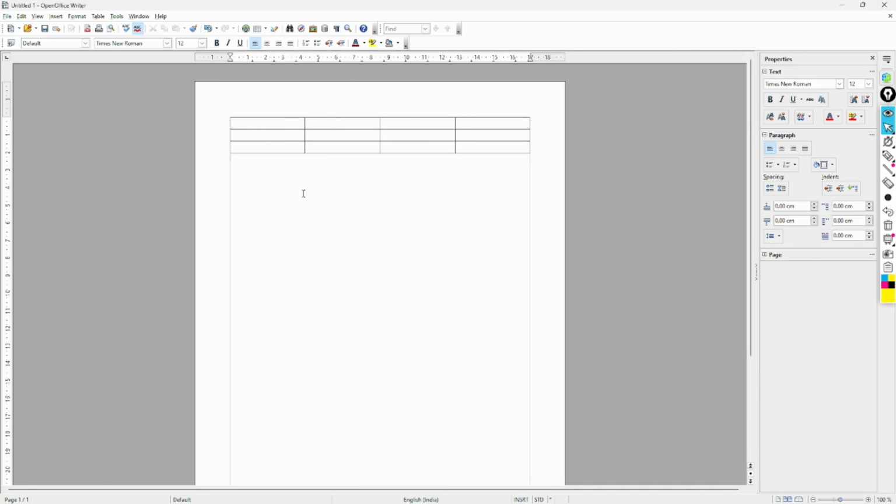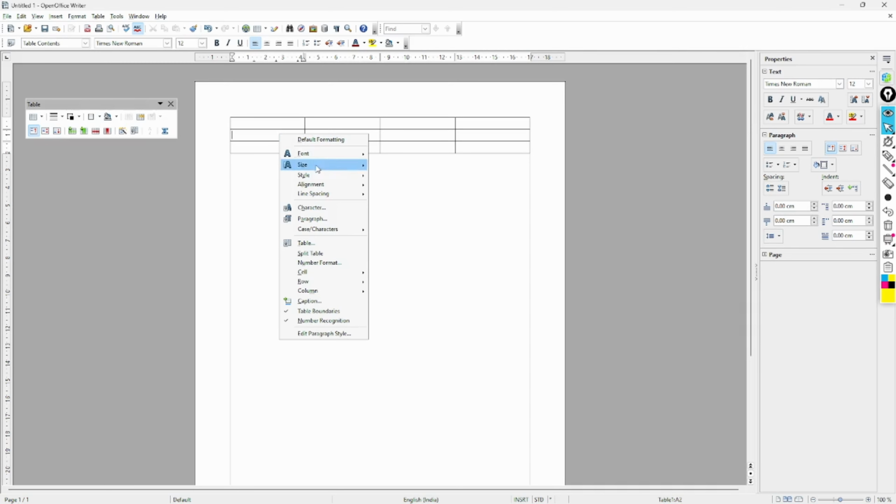And now I will give you a tip. There is one more option. Directly click on the cell and press right click. From here you can see the table options: split table, split cells, row insert, select, delete, column insert, cell.